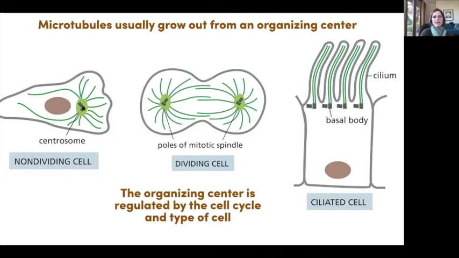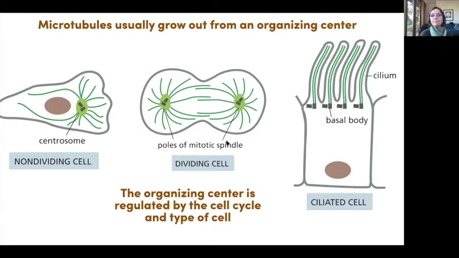It's not shown here, but it's actually tethered to the nucleus. So this is a little bit inaccurate because it's actually stuck to the nuclear envelope in most cells. And then during mitosis, as I'll talk about on Wednesday, the microtubule organizing center has replicated, just like chromosomes replicate in S phase. The centrioles at the core of the microtubule organizing center replicate, and they split apart and form this structure that we call a spindle, a bipolar spindle,